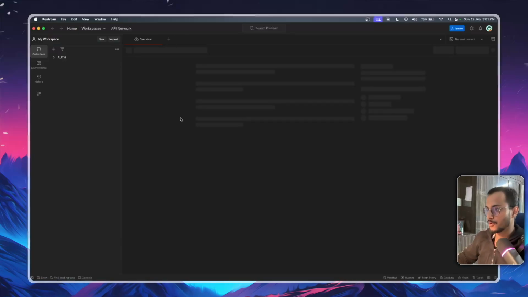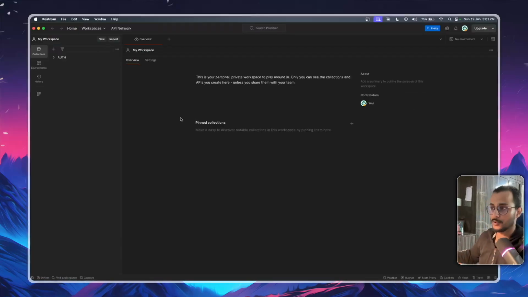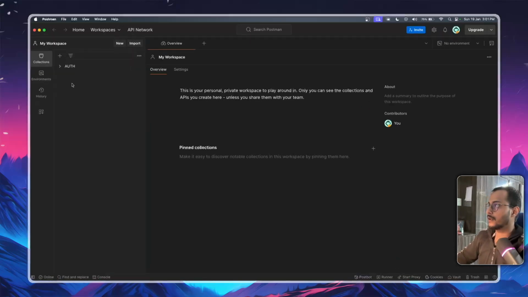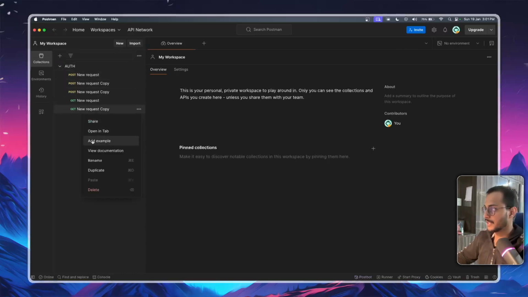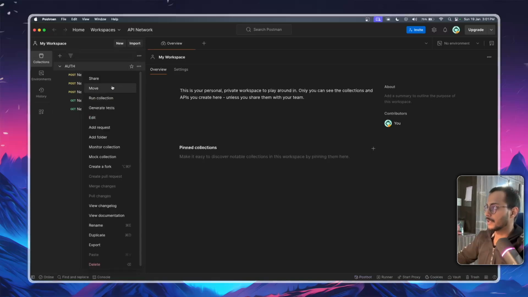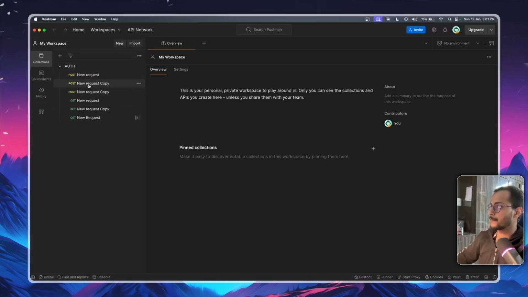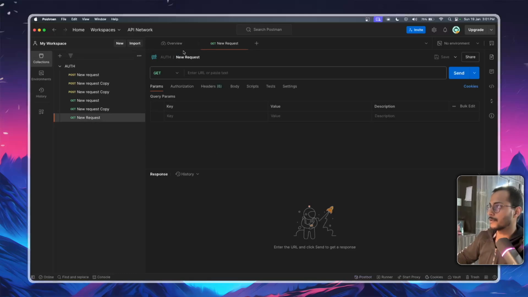If you haven't installed postman, I would recommend you to install the desktop version. We have the postman here. I hope it is visible. There are some of the requests already created. I'll create a new request. Suppose I create it here only. Add request with the name of